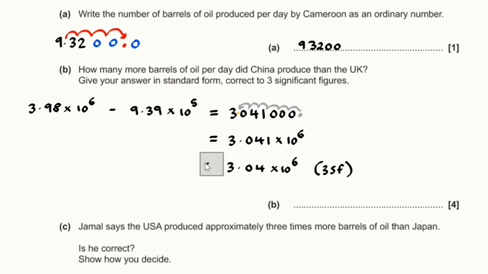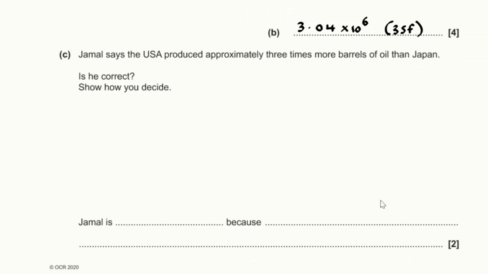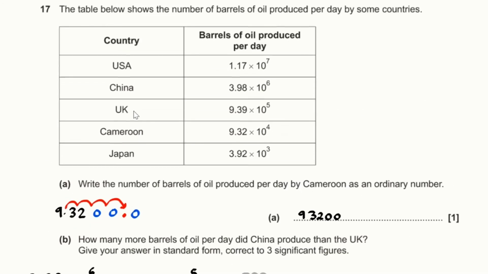So this is the value given to three significant figures. Now for part C, Jamal says that the USA produced approximately 3 times more barrels of oil than Japan. Is he correct? Show how you decide. Well,